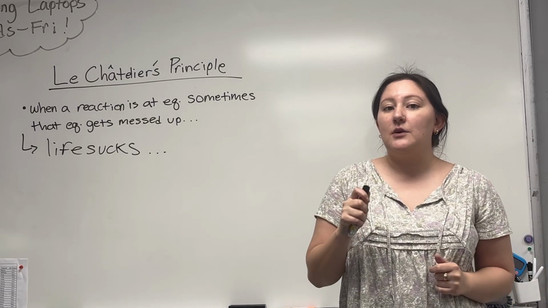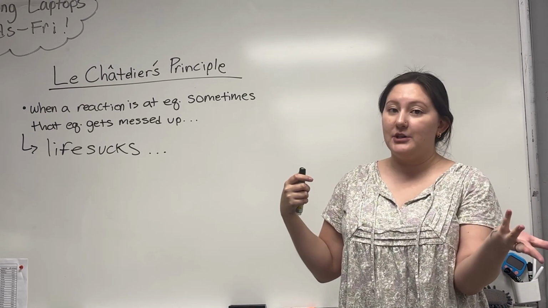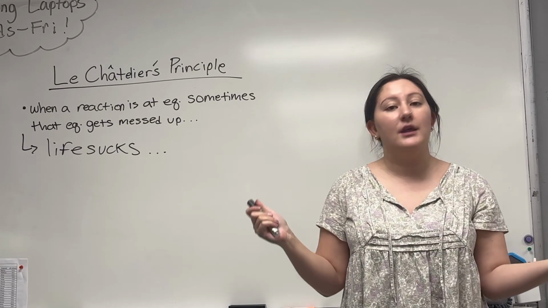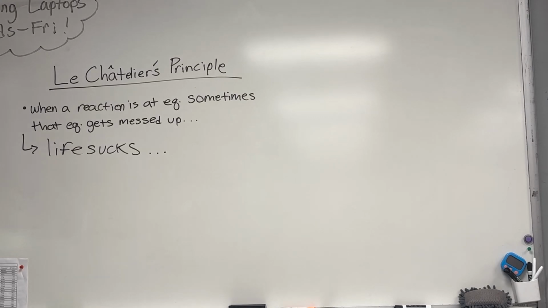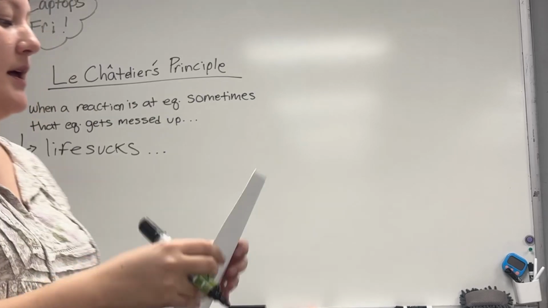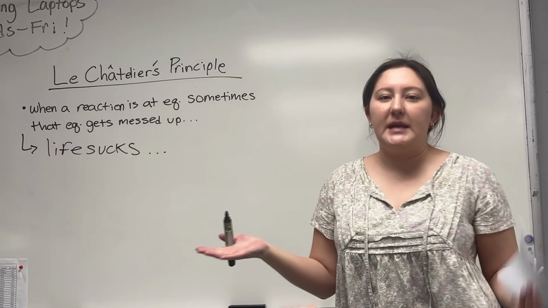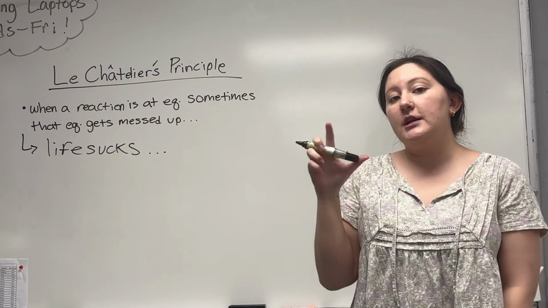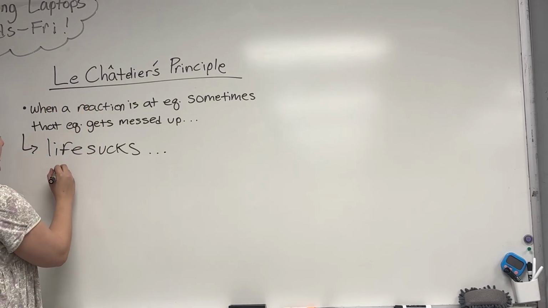So if you don't stay at equilibrium, that means you're going to have to change the reaction, or rather the reaction is going to have to change itself to balance out whatever change or stressor is being applied to the reaction. So let's do some examples of this. Okay, so let's do some of this. A couple things that are basics that can change a reaction would be concentration, temperature, and change in pressure or volume. Okay, so things that can change it.